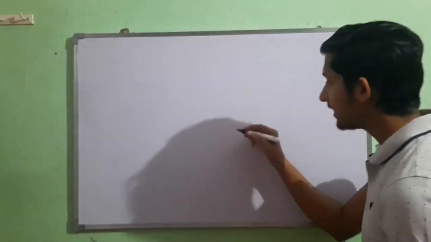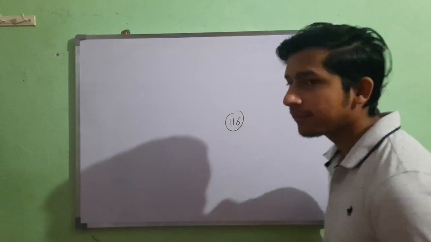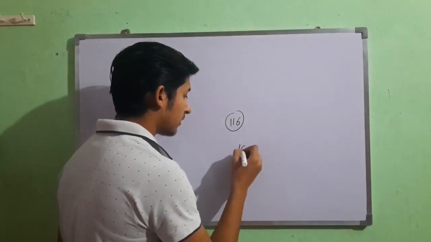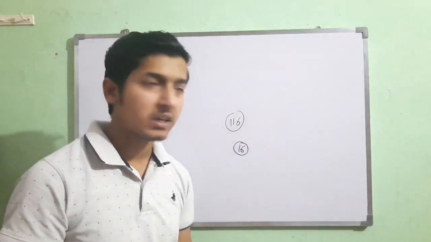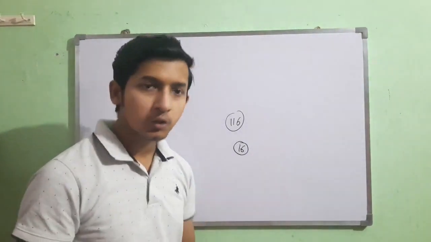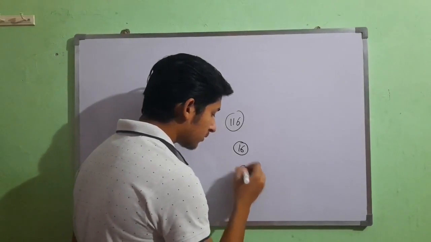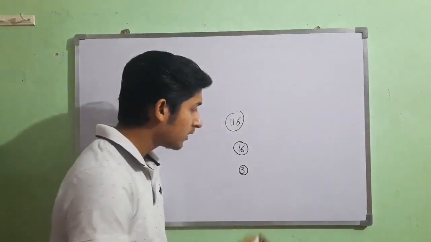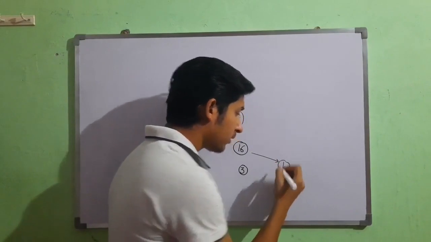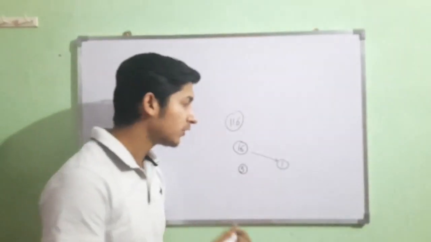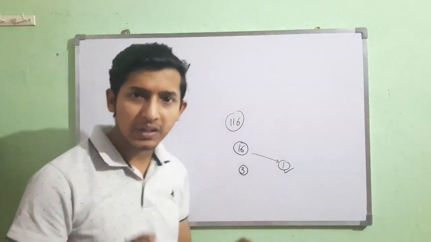In this problem, I moved with the greedy approach. I took the biggest bill below the target value and then calculated the remaining amount. In 116, I took first a bill of value 100, which is closest to 116. So I was left with value 16. The bill just below this was 5, so I took 3 bills of 5. Now I was left with value 1, and there was a coin with value 1, so I took that one. This was a simple greedy approach.